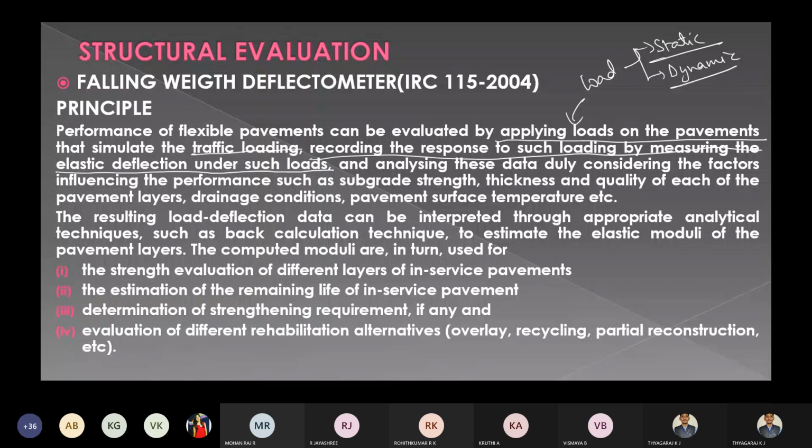There will be elastic deformation. So we are applying the load. Because of this load, the response we are going to get, that response we are going to call as an elastic deflection. Whenever you apply the load on the pavement, the pavement will undergo deflection. That deflection we are going to call a response, which is elastic in nature. So taking the elastic deformation data and analyzing the data by considering the subgrade strength, thickness and quality of